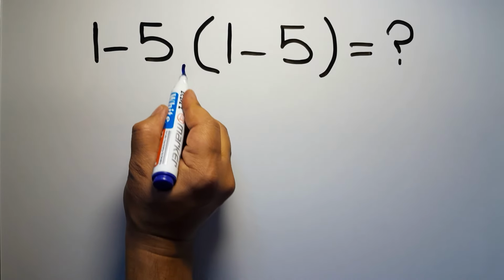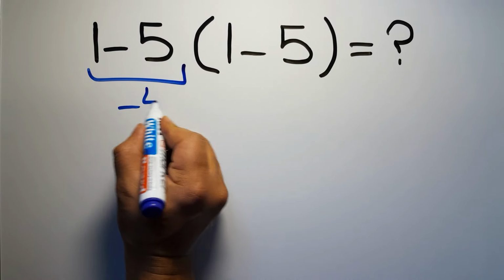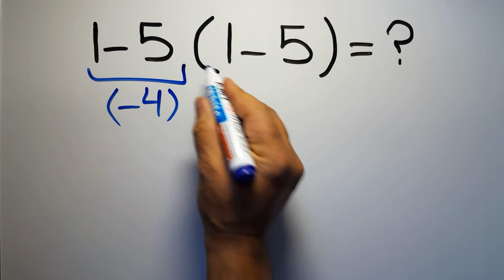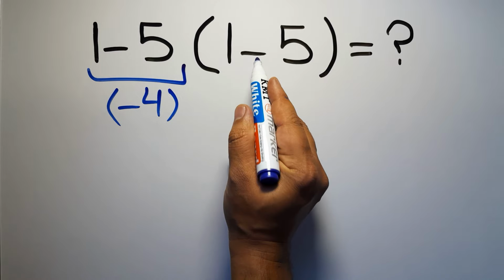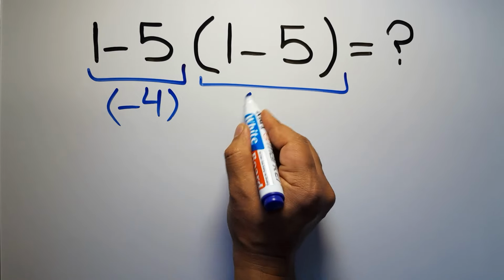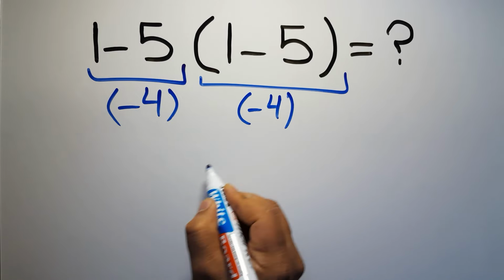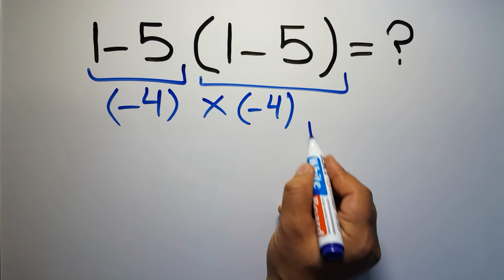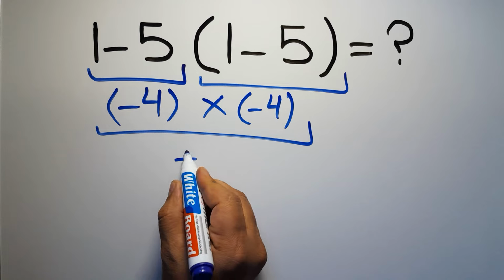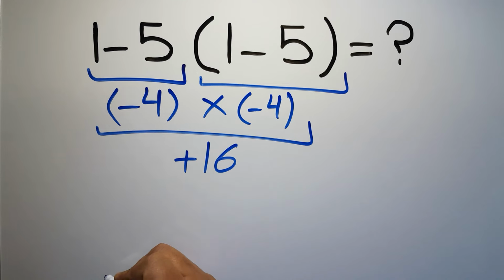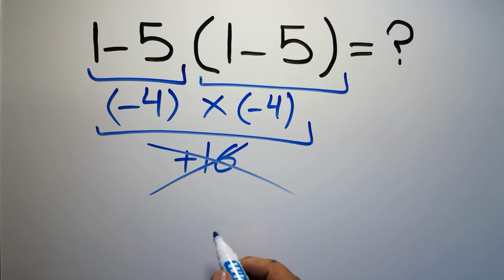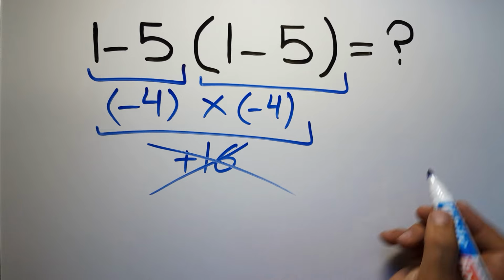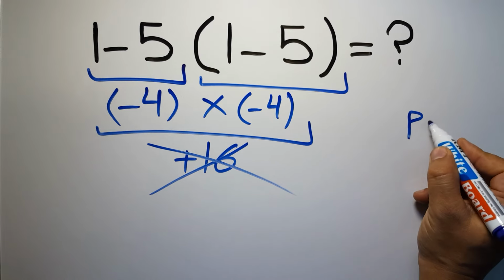1 minus 5 equals negative 4. And again here inside this parenthesis we have 1 minus 5. So negative 4 times negative 4, which equals positive 16. But this answer is not correct, because according to the order of operations, first we have to do parentheses, then